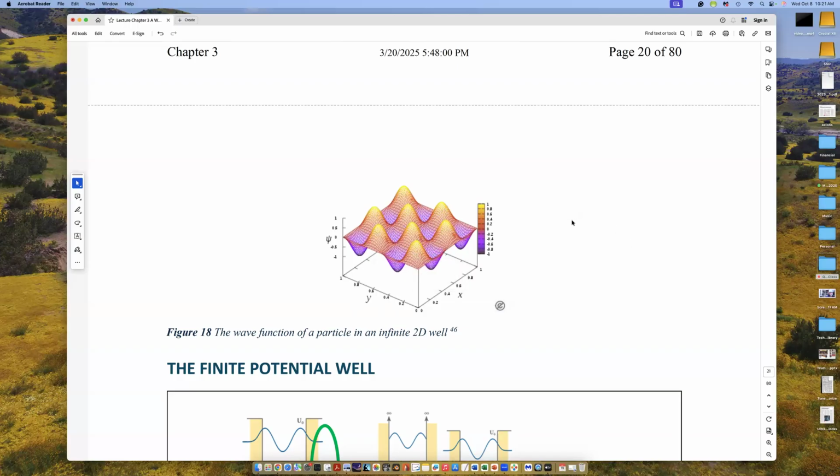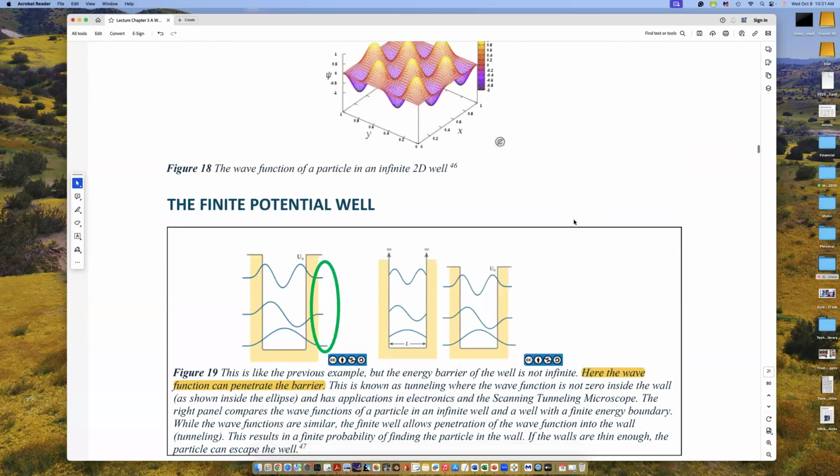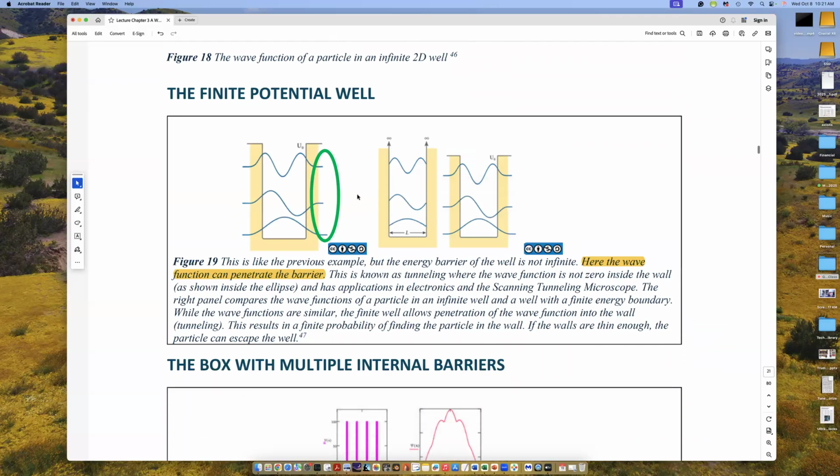So we have a way to talk about experiments using the Schrodinger equation. Now let's try a different version of this well. In this case, the walls are not infinitely hard. For example, this could be a can. Like if you put an electron in a tin can, there's walls there confining it. But when you do the calculations, you discover that the probability of the electron being outside the can is not 0.